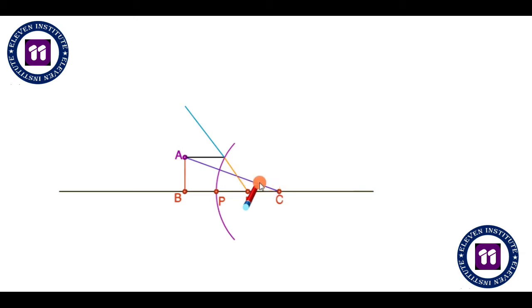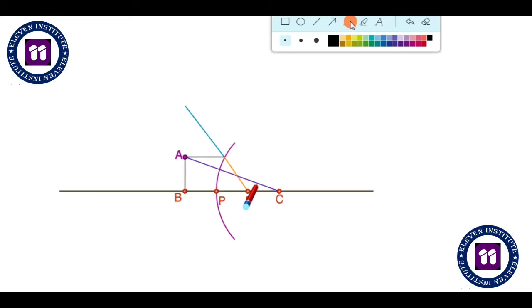I am repeating again, you have to draw a dotted line from here to here and a straight line from here to here. Now what are your dotted lines? They are your reflected rays. Why? Because your first reflected ray is this, and your second reflected ray is this. Let me make it very clear. This is your first reflected ray, it is moving like this, and this is your second reflected ray, it is moving like this. These two rays are never going to meet each other.